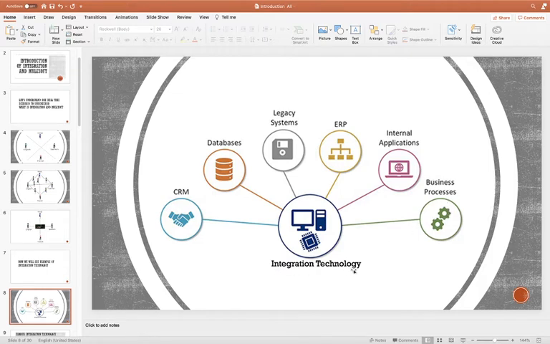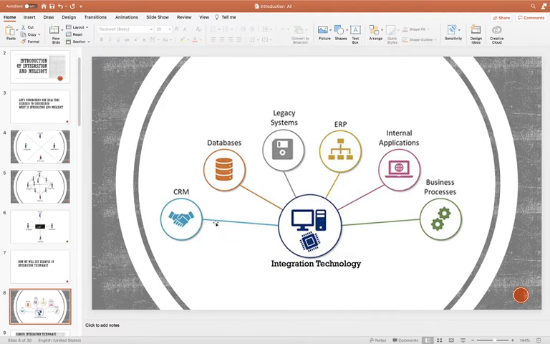So what will integration technology do here? It will help all the systems communicate with each other. For example, the CRM system wants to connect with the ERP system. First the CRM system sends a request to the integration technology. Now the integration technology does the required transformation, and it has the capability to communicate with each system with the help of connectors and adapters. It will use the required connector to connect with the ERP system, and transform that message into the form the ERP expects.